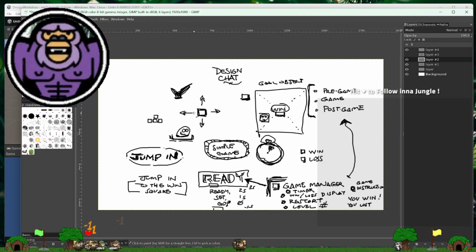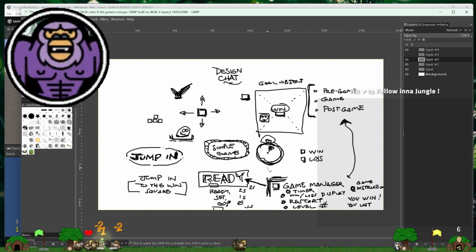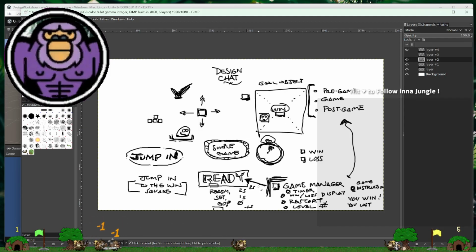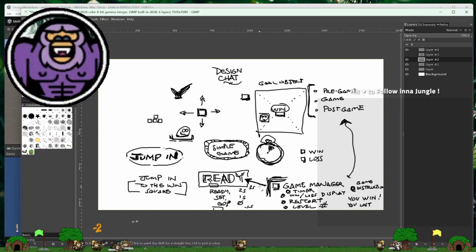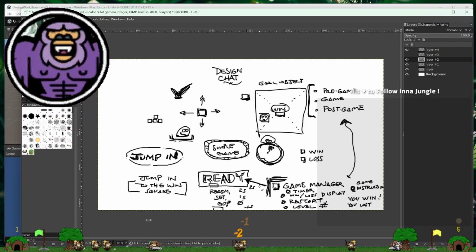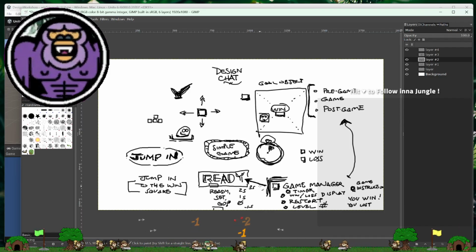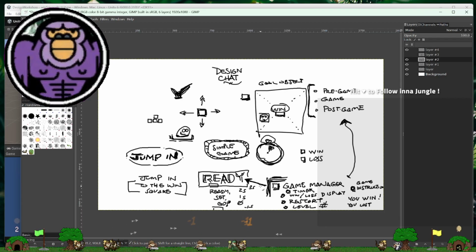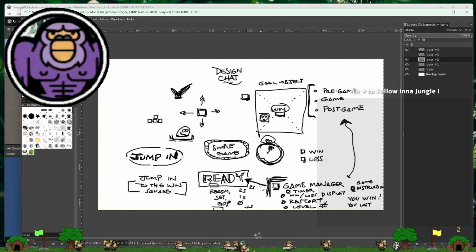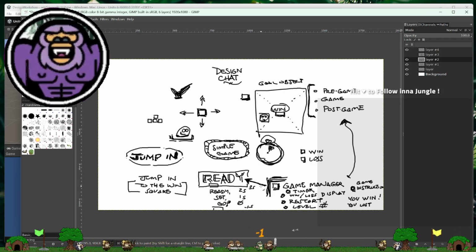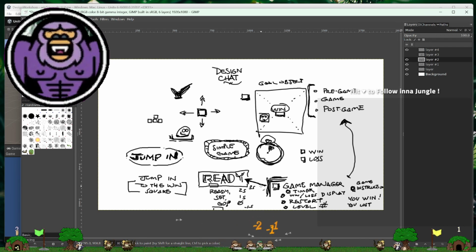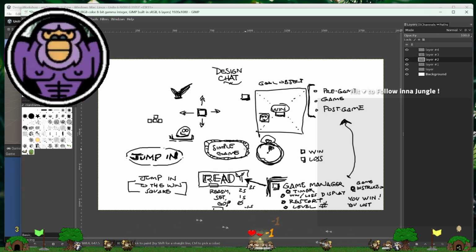It just interacts with both player and win square and coordinates the rest of the game. At some point, we have to say, hey, welcome to this game called Jump In. You can use WASD. Jump into the win square. Ready, set, go. You win. All of that has got to be a separate feature, right?